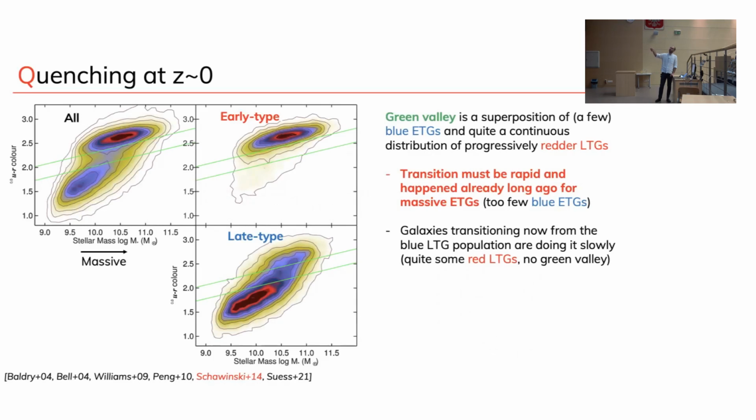And if you put all the galaxies together, this is from SDSS, which is z equals 0, then you do find a saddle in between this red and blue cloud. Now we know that these are your typical main sequence galaxies, while these ones are red quiescent objects. But if you split them in terms of morphology, then you do have early type galaxies that are basically all up here, and very few that are bluish, while the late types have some sort of continuum distribution all the way up there. So even the concept of green valley objects and how the objects are transitioning from blue to red is depending on other parameters.